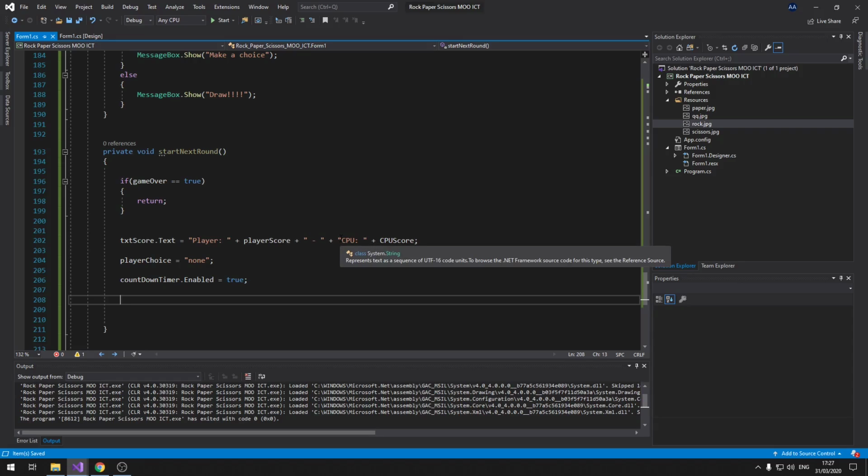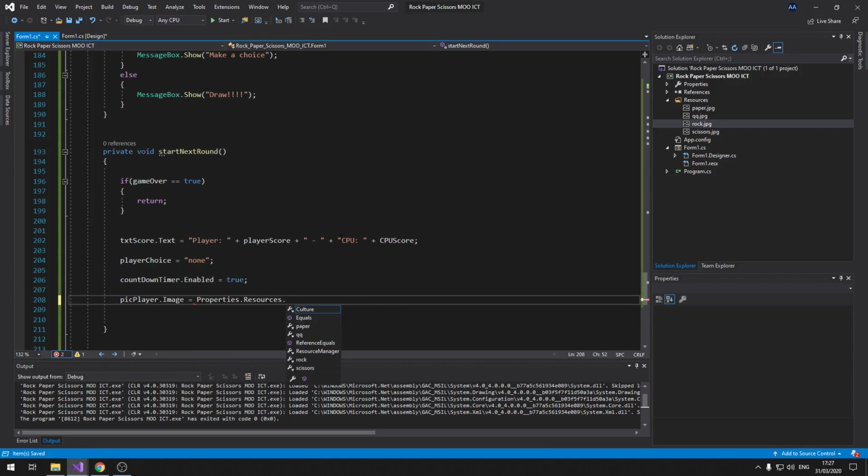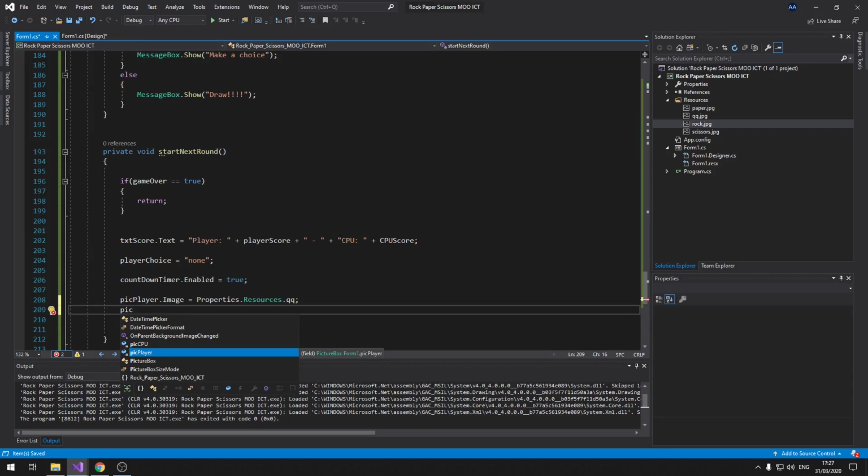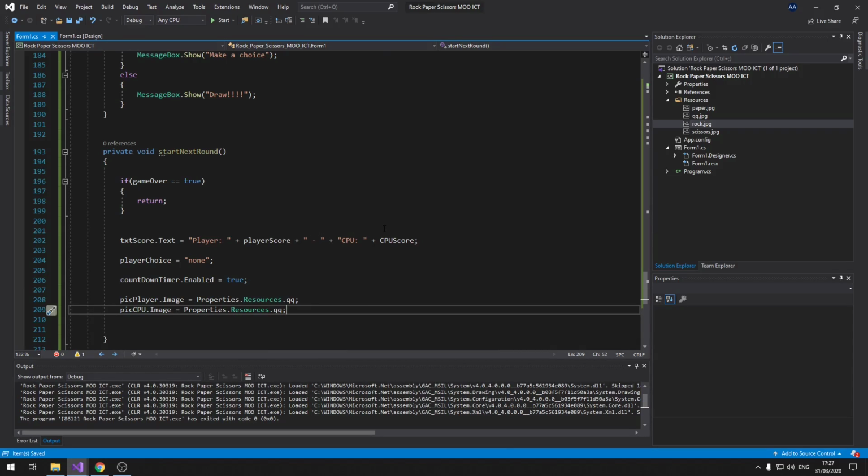Then obviously we reset the picture boxes back to the question marks. Right, so player image equals